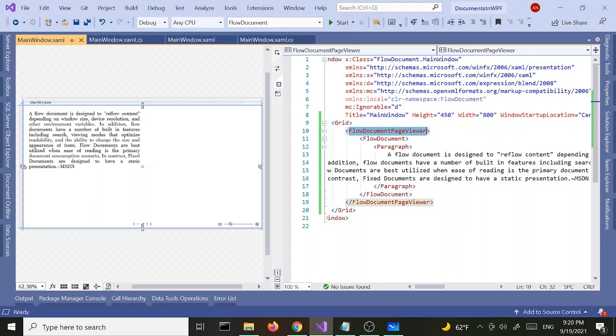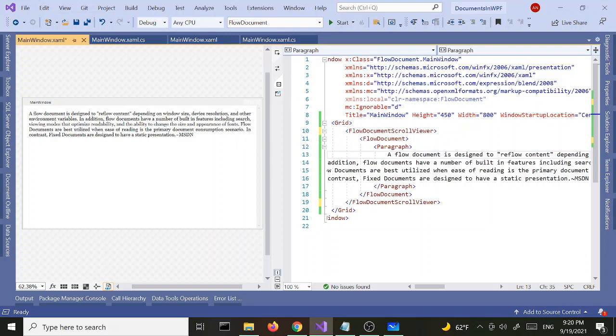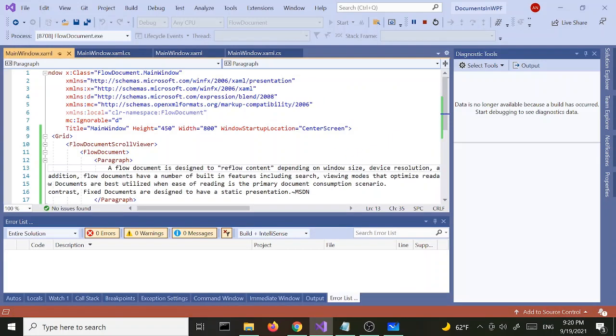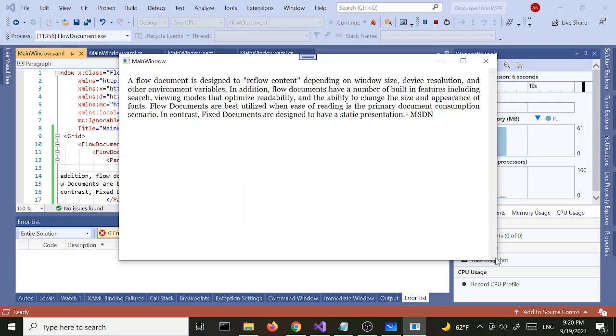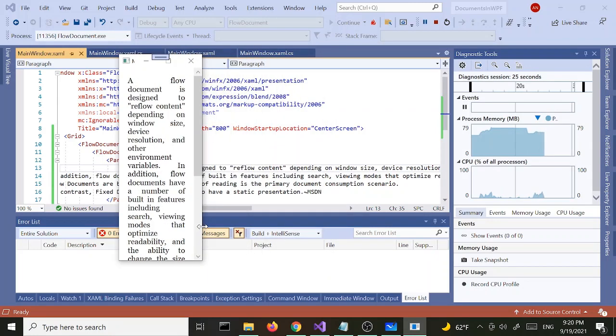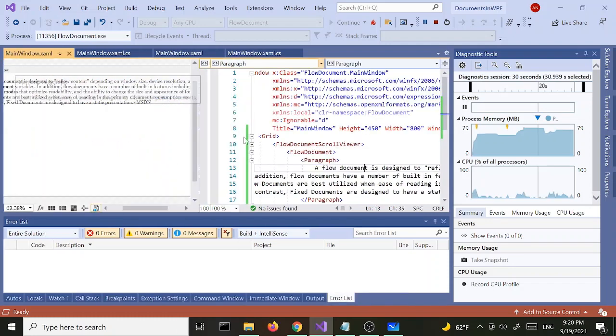So the next one is FlowDocumentScrollViewer. Okay, so this one, let's run this. As the name suggests, it has a scroll bar on the right hand side, and as the text grows and doesn't fit in the window, the scroll bar will activate and allows us to scroll the content. Okay, let's see if I can make this smaller. There you go. Okay. Alright, so the third one is